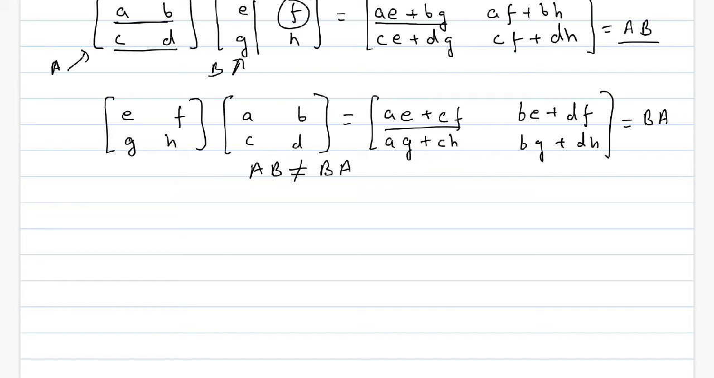So therefore, the order of multiplication of matrices is really important. Our A into B may or may not be equal to B into A. And when we are multiplying our matrices, it is not necessarily that they should have exactly the same order, but there